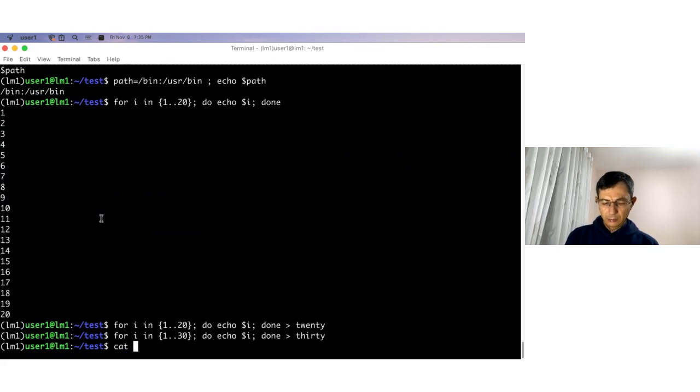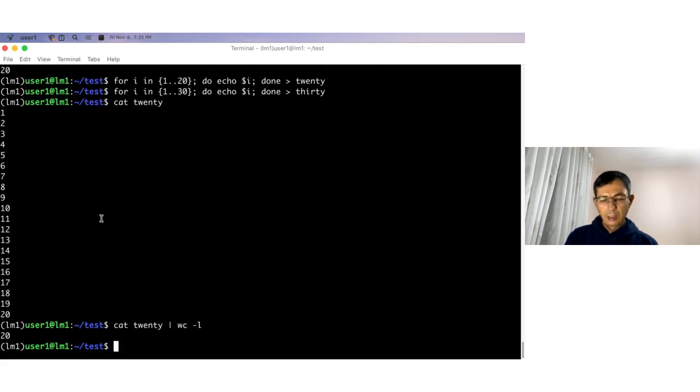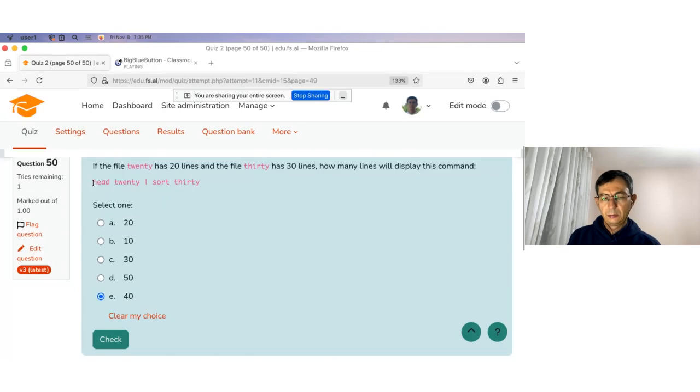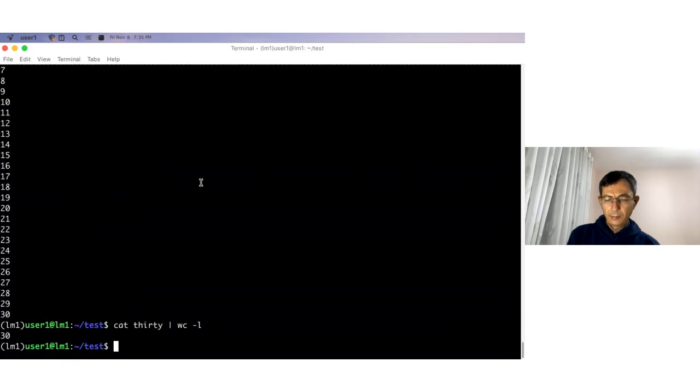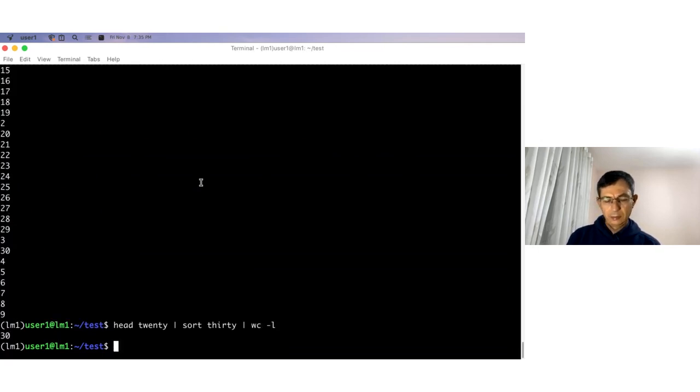So cut 20 has 20 lines, and cut 30, we see that it has 30 lines. And now let's do this head 20 sort 30. And actually, let's count them. And the result is actually 30, because